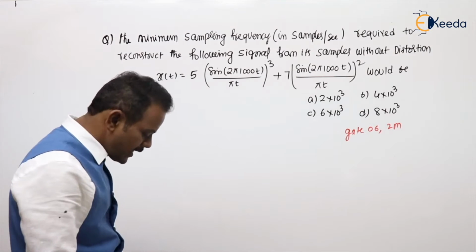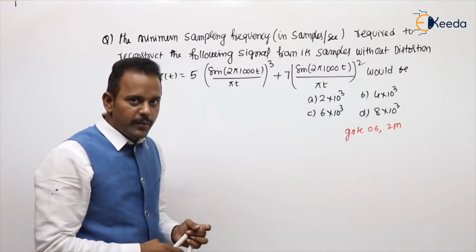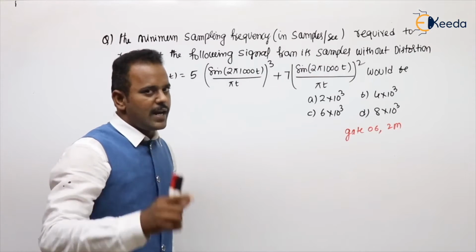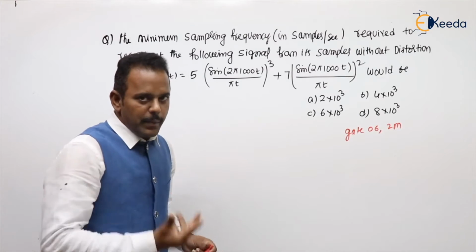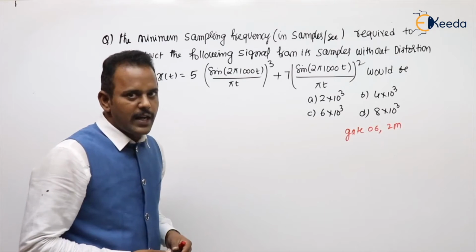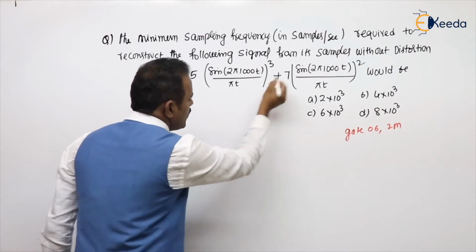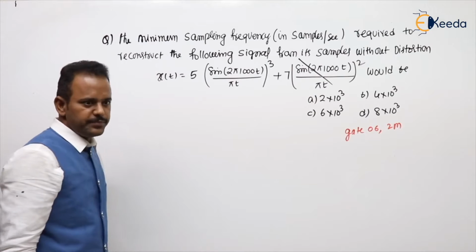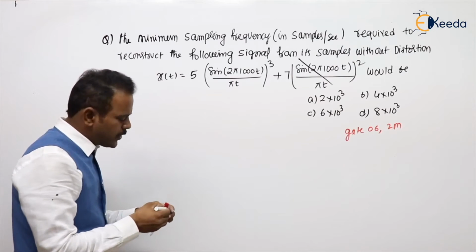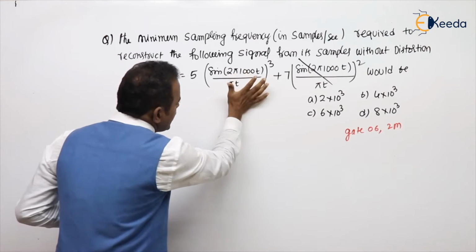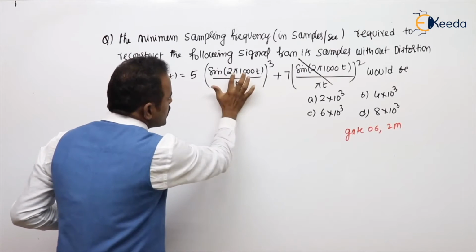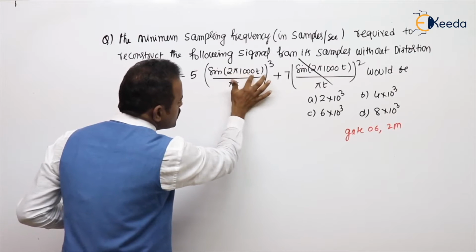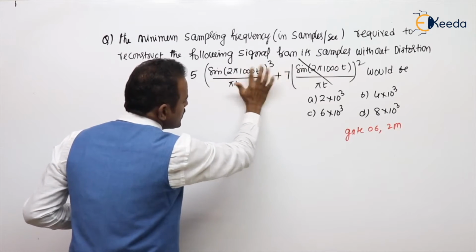I will show you how to solve this problem if you want to get the GATE first rank, or how the first ranker will solve this problem, based on the previous knowledge I gave. Obviously the cube term is the higher one, so we don't need a discussion with the other, and don't bother about amplitudes. Sin pi t by pi t is nothing but a sinc function. So if you take pi out, the remaining is 2000 whole cube, so 6000.